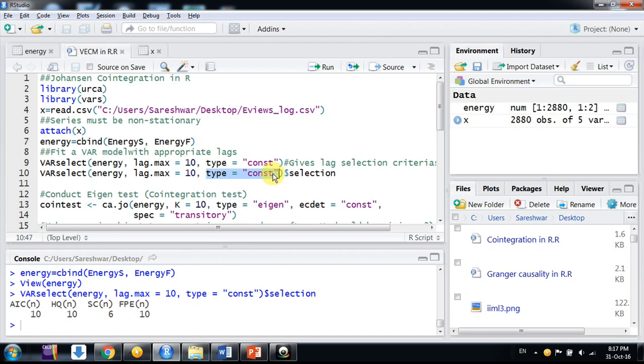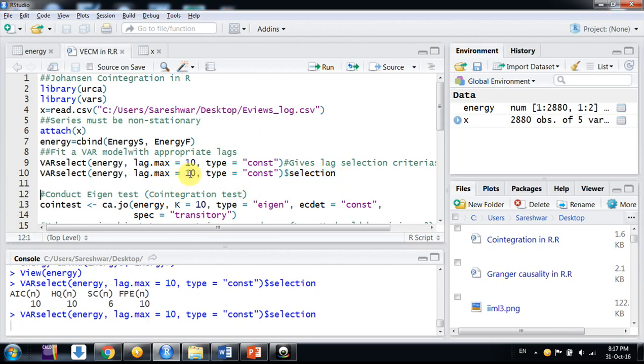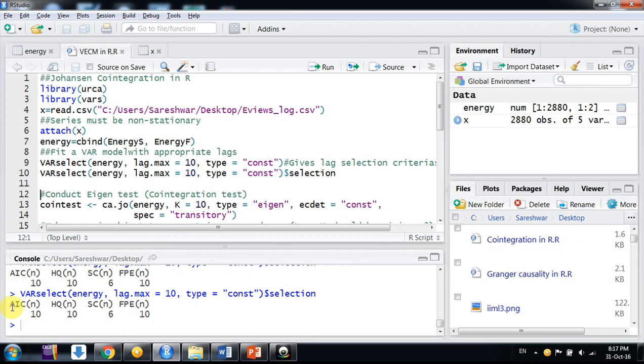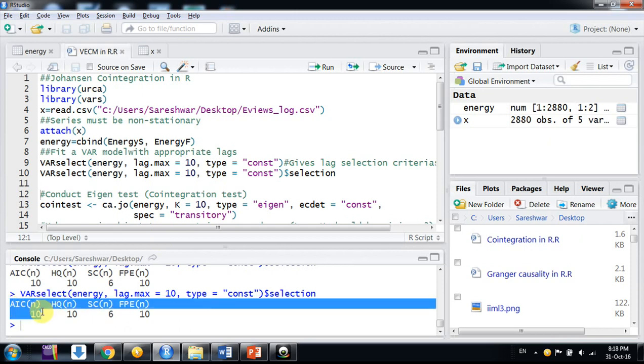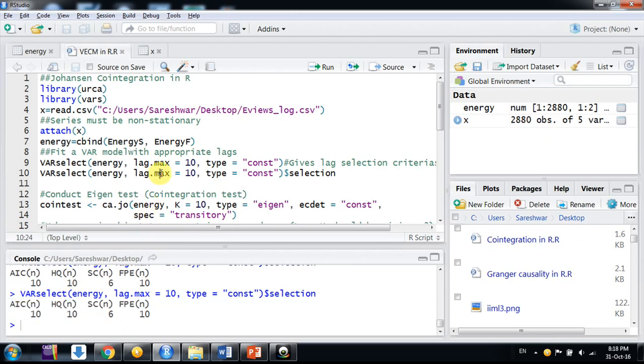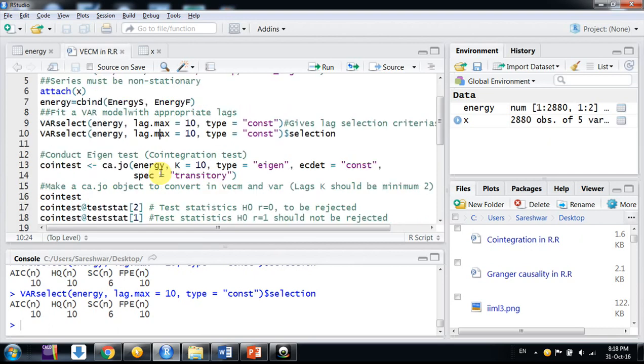You can use a trend model as well. Then dollar selection extracts the first line, because it has other parts as well. I use the AIC criterion, you can use any of them. So the lag length for the VAR model is 10 in our case.